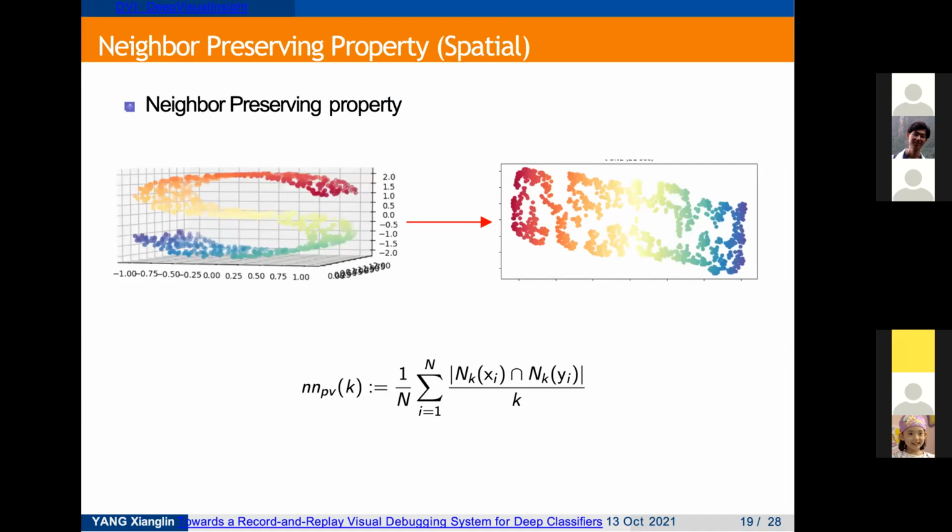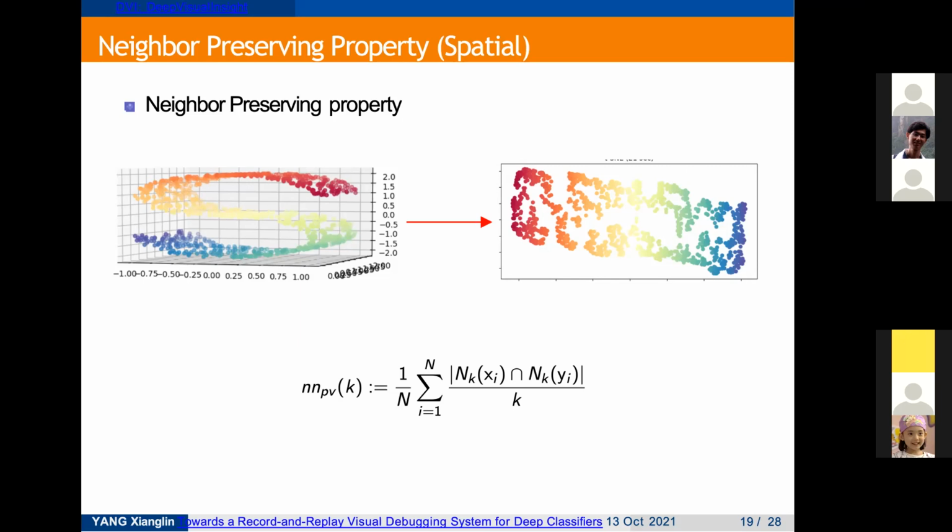The neighbor preserving property is naturally needed for dimension reduction. Just like in our example of adversarial training before, we see that looking at neighbors is very helpful for analyzing the behavior of model training. And how do we evaluate it? For any training point xi, we want to find its k nearest neighbors, denoted as nk(xi), and for the counterpart of xi in low dimensional space, denoted as yi,